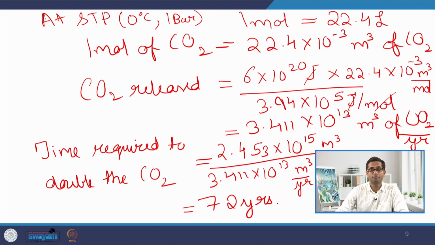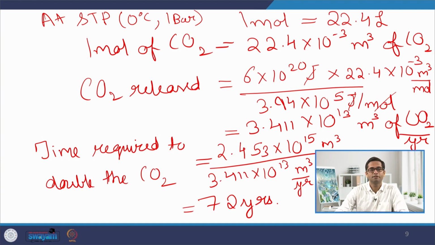Again, this is not a very in-depth calculation, but a very preliminary calculation where I have made many assumptions. Again, I would like to list the assumptions. I have considered the Earth to be a perfect sphere, which it is not. I am considering the whole of the atmosphere to be equivalent to the troposphere. Again, that is not the case. I am considering the whole of the energy to come from fossil fuels, and even among the fossil fuels from crude, and even in the crude the energy is going to come only from carbon, which again might be a bit of an exaggeration. Another problem with this calculation is I am assuming the energy consumption of the planet Earth to be constant for the coming few years, which again is not going to be the case.